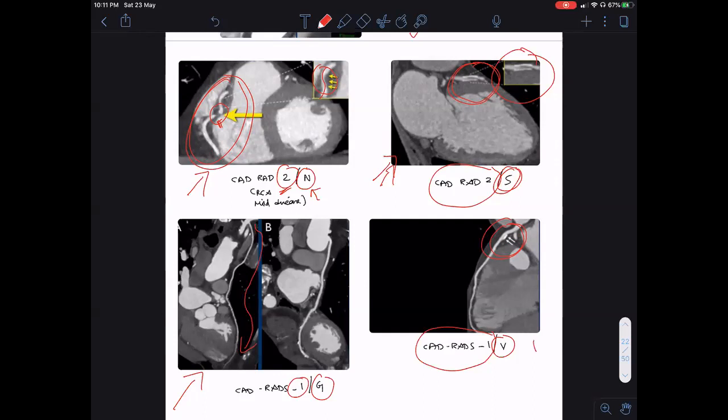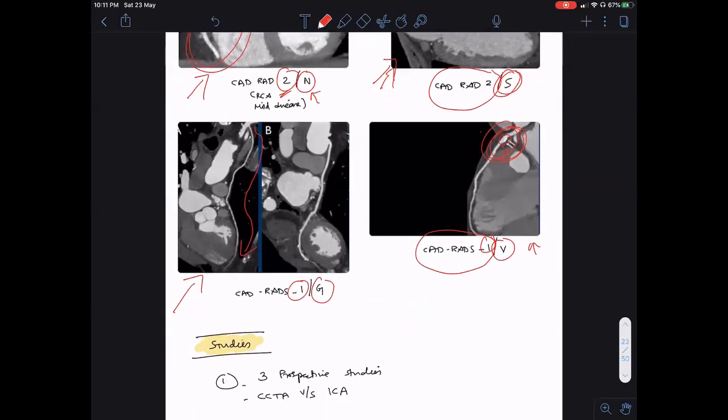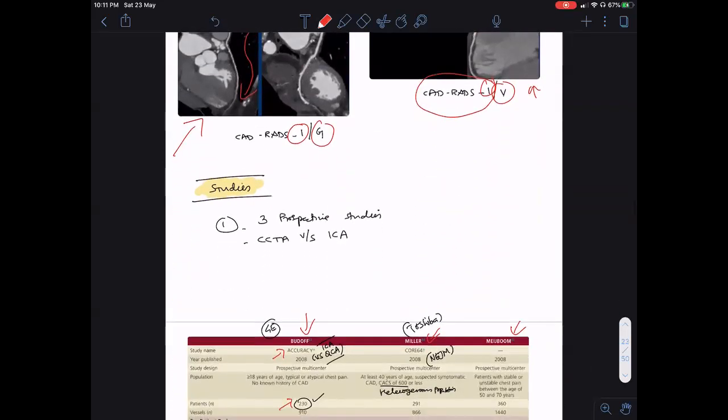So coming to this final example here on the bottom right, we see that here again the lumen is fine. There is no disease in the lumen as such. So CAD-RADS 1. But we see that there is a lot of positive remodeling. There is some calcium. And if we do a cross section here, we may even find a napkin ring sign with low attenuation, high attenuation areas. So this is a CAD-RADS 1, but with a vulnerable plaque. So this is how the CAD-RADS system works, and it's been approved by the ACC, and the ACC recommends that it is used.